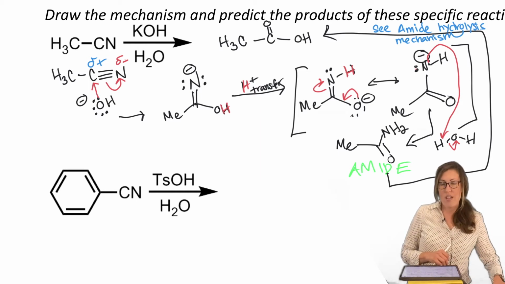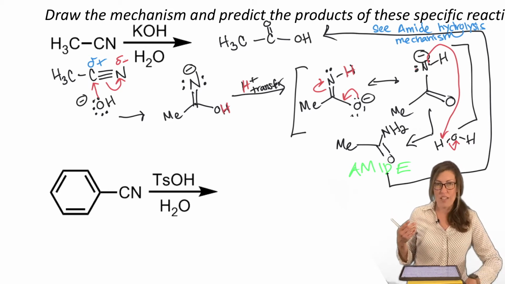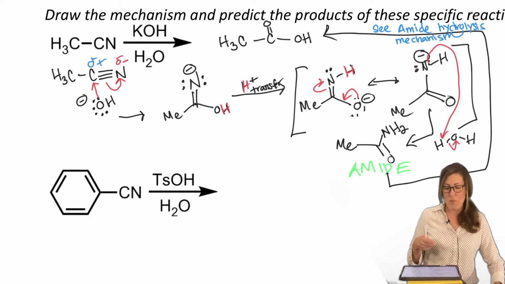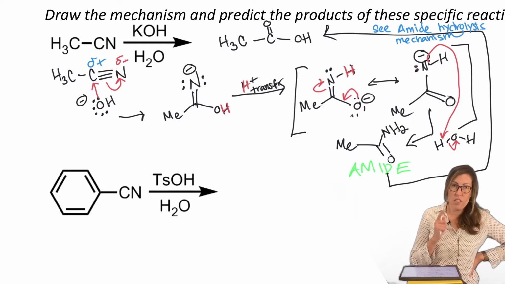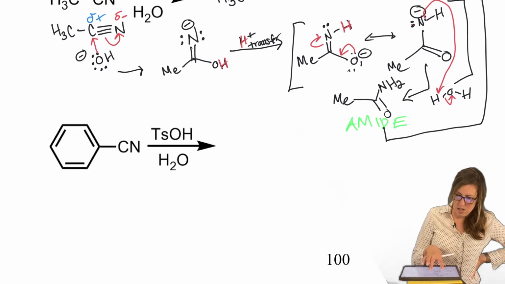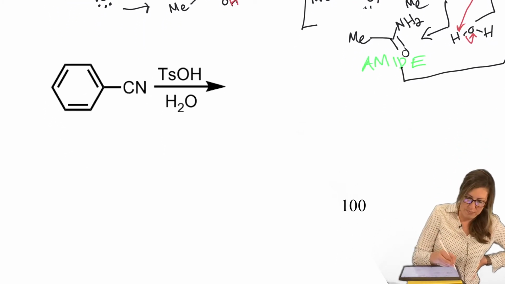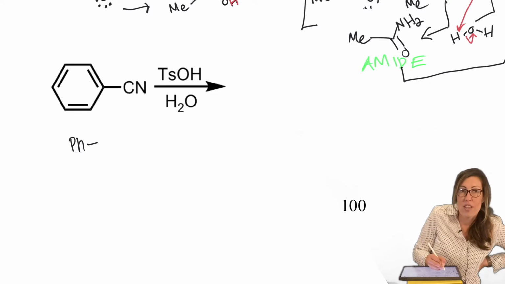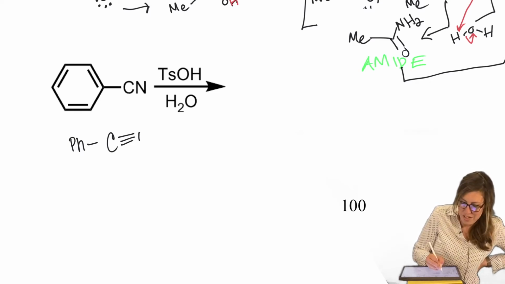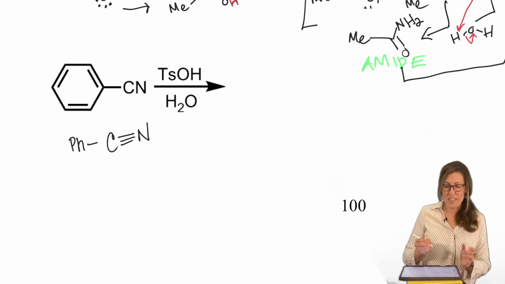So that gives you an idea of why it makes sense that nitriles show up here, because not only is their reactivity similar, they work their way to some common intermediates. The same thing will happen, you'll see, with acidic conditions. So I'll show you that one as well. When you do a nitrile mechanism, I'm abbreviating that phenyl, but I'm drawing out that nitrile. That's going to save me some time.